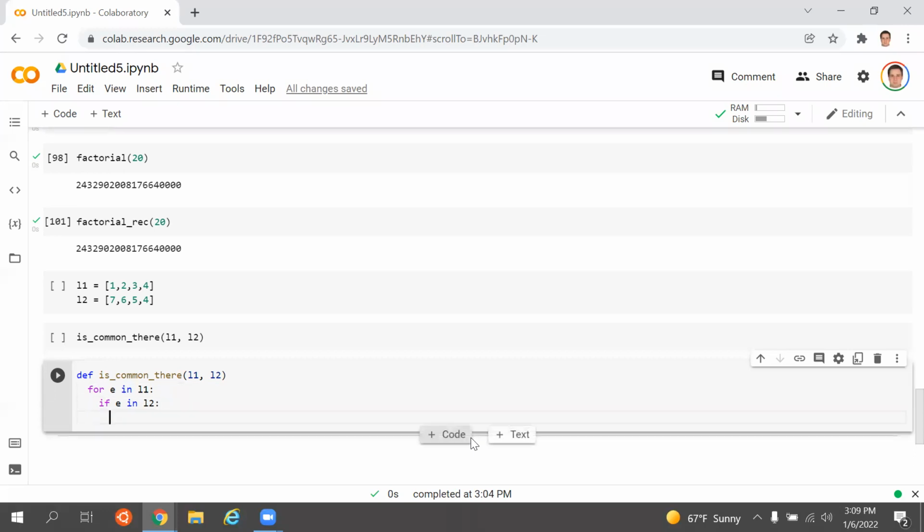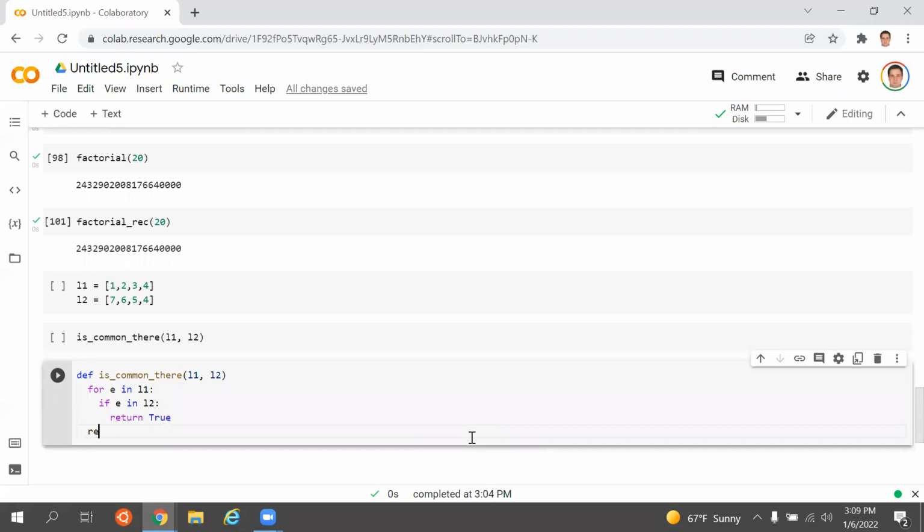And if we have it, we just return true. Otherwise, we return false. And you see that